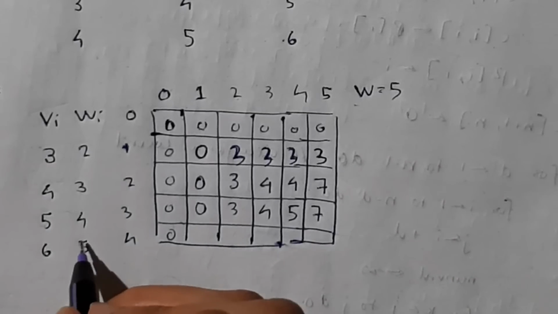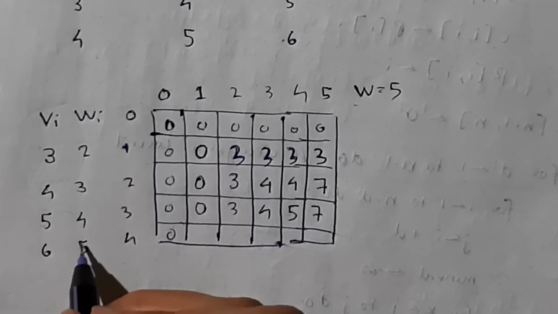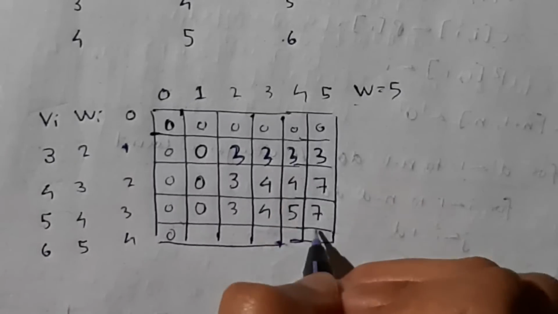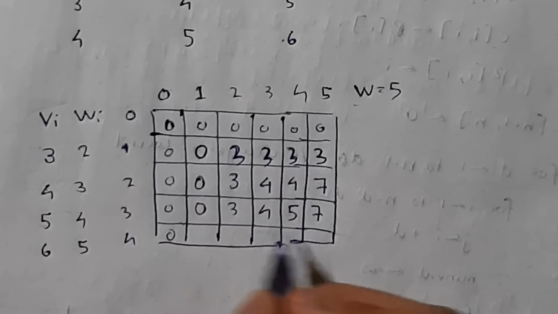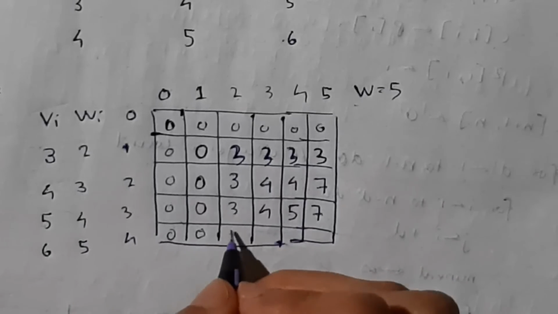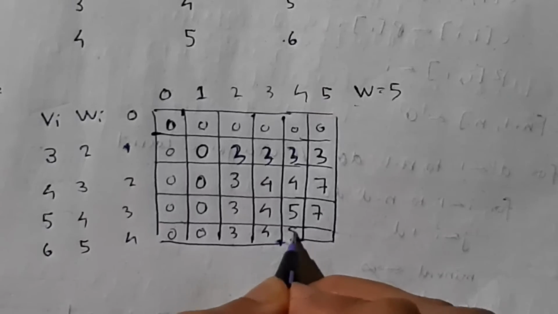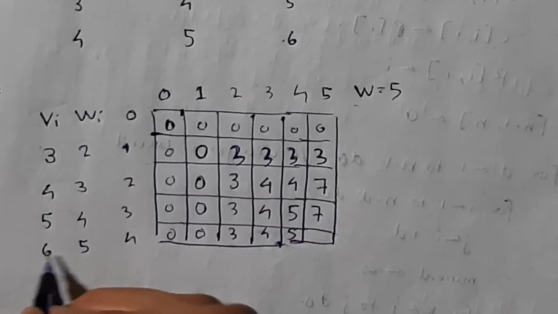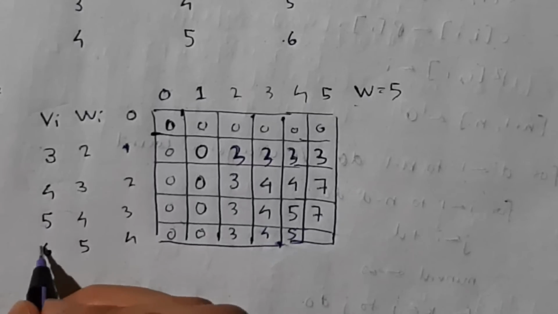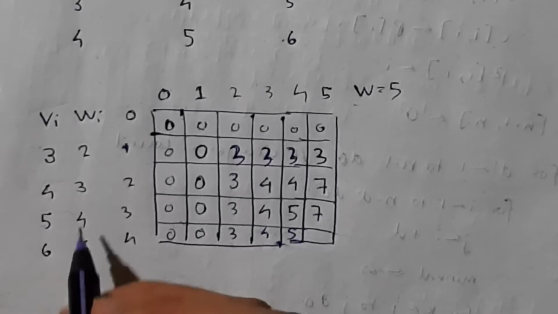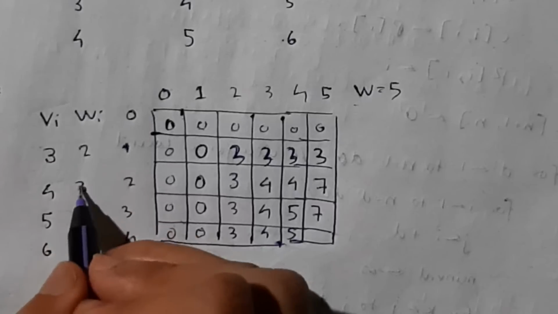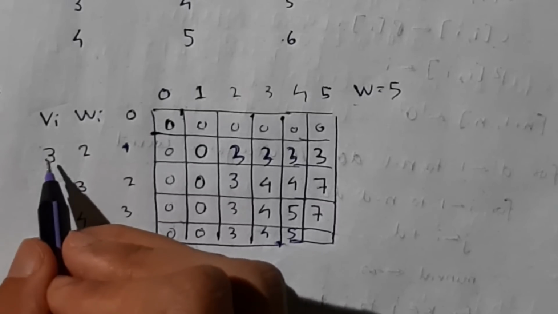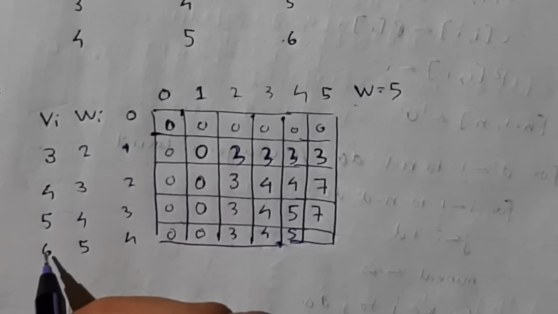Here it is 5. So 5 means if I have to fill this object, I have to have the container containing 5 kilograms. So before that 5 kilograms, all the values will be copied from the upper row. Okay, and coming to the last one, I can fill this 5 container with this 5 kilogram and get the profit as 6. But instead, if I fill the container with 2 and 3, I'll get the profit which is 4 plus 3, which is more than 6.